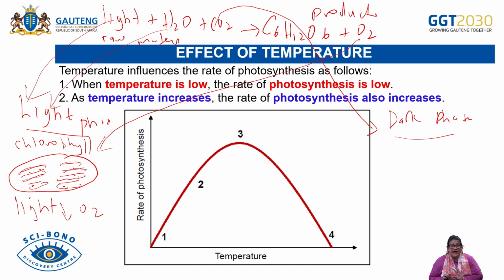But it's called the dark phase, and they'll ask you this in the multiple choice. It's called the dark phase because it does not require light, not because it occurs only at night. Remember that. So this dark phase requires CO2, and what we're going to get eventually is going to be your